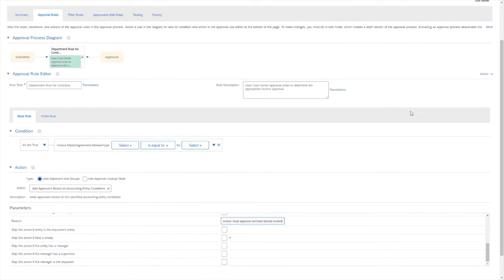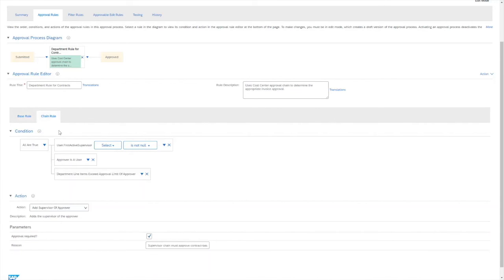Now, in order to chain it, under action, you can select chain option, and then you will get this second tab to appear. And then you click on that tab, and then again, I'm adding conditions. I want to make sure that the user has a first active supervisor. I want to make sure that every user has a supervisor in order to chain properly, that it is a user, not a group or other form of approvers. And then